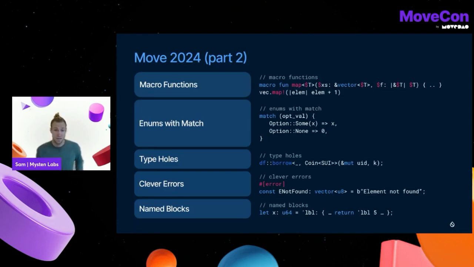You can have types that just have a much richer representation. These type holes, which intersect with macros in an interesting way, where if you want to do an explicit type annotation, but only a partial annotation, you can just use an underscore and the compiler will come up with that for you. Moving on, we have clever errors, where I think a common pain point for Move programmers is that